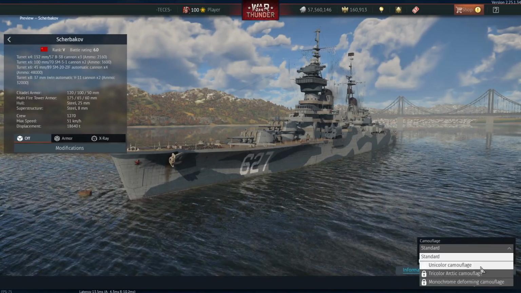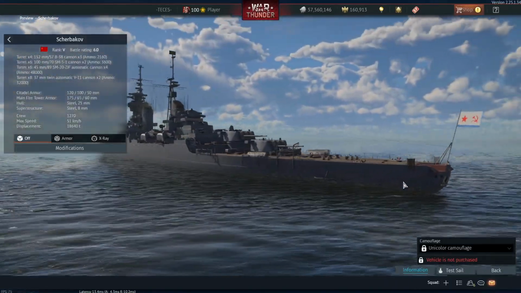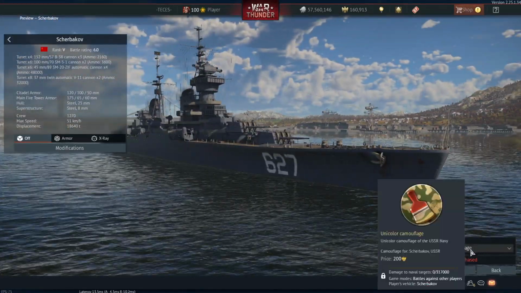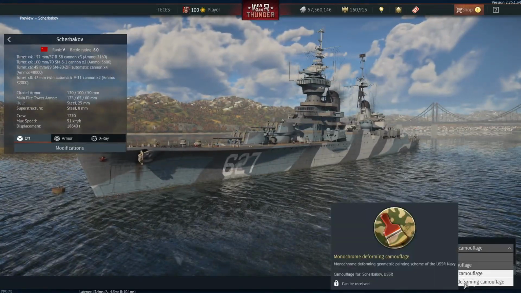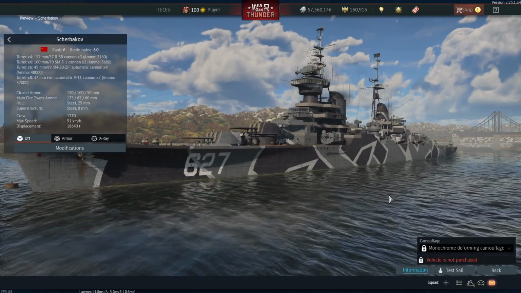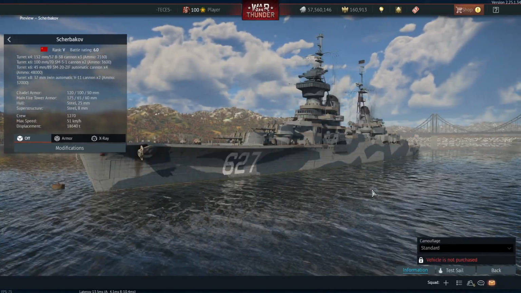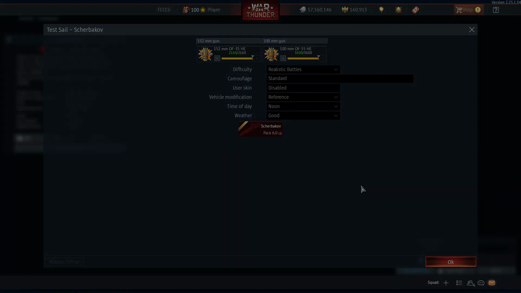It also does have some camos since they got added recently. It does keep the 627 and also I believe it does have its name on it somewhere. Not entirely sure. It does have the red star though, which is pretty cool. Has the Arctic camo as well, and also the monochrome deforming camo, which is super nice. So a lot of cool stuff for the Shcherbakov,